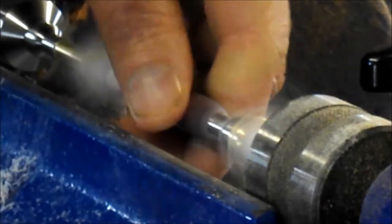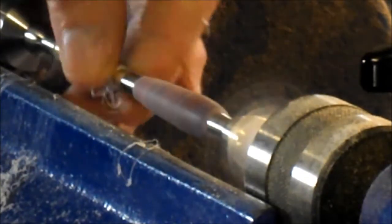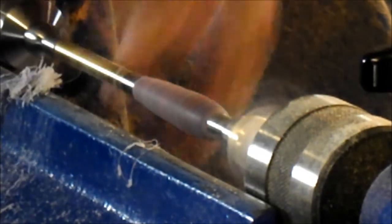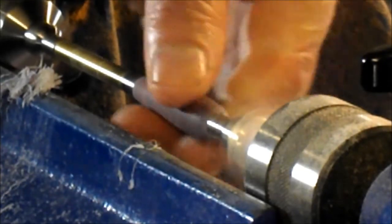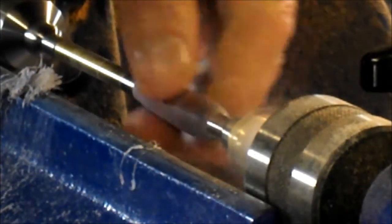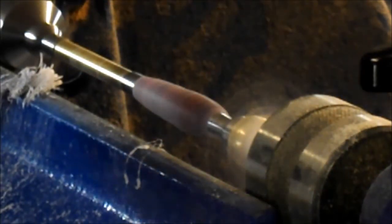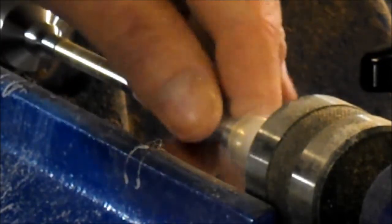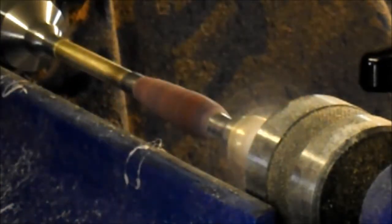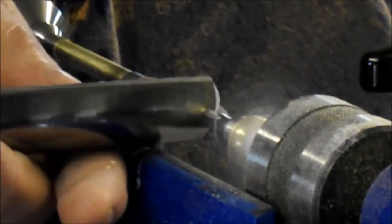Turning pens, acrylic pens especially, will really sort out your tool control, because you've gone to a lot of trouble to either make the blank or spend a fortune buying it on the internet or from wherever. The thing you don't want to happen is to get a snag and for the thing to blow apart. I mean, I made this myself, so it hasn't cost me a great deal of money, but